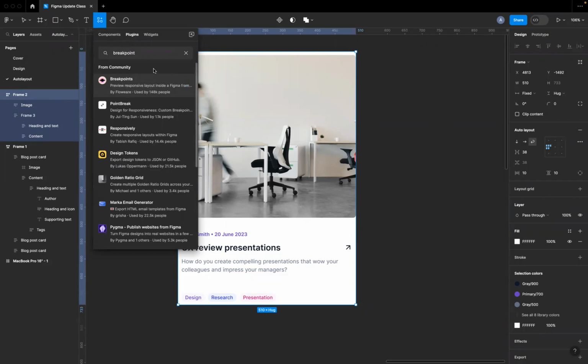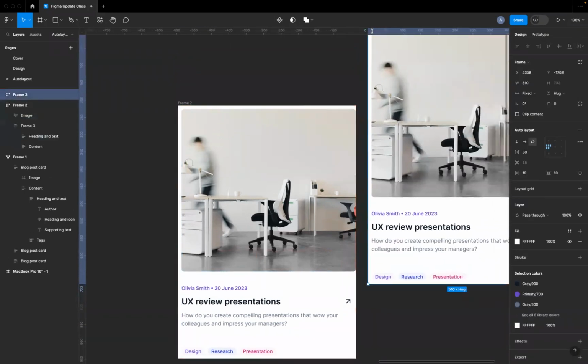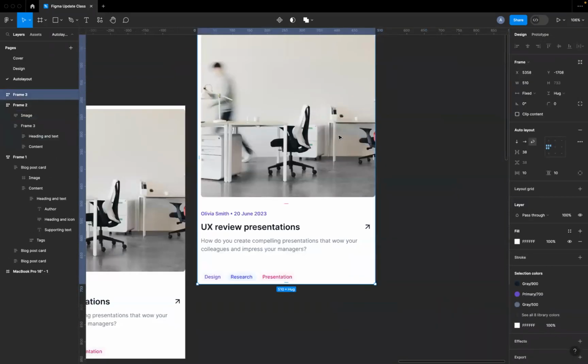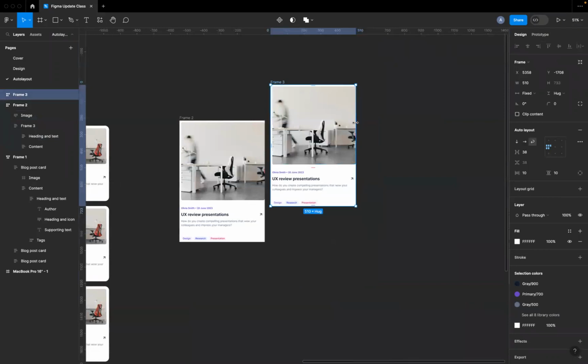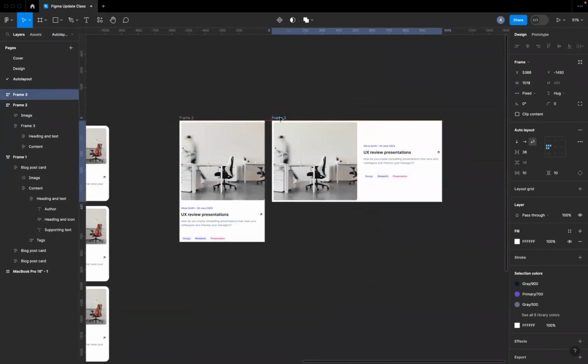Breakpoint helps you to manage basically what we just did. But to use Breakpoint, you must have created this version and also created this version, this version that is like this. So you now use Breakpoint to tell it that, okay, once it gets to this size,